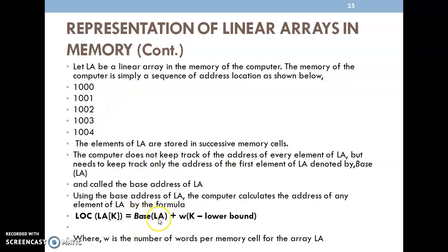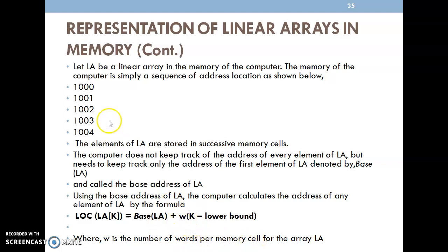Okay, then base address. Whenever we allocate the memory, we always allocate with a particular base address. Like while explaining arrays and queue, I had given initially 2047. The structure example I have given. Whenever I start with the allocation, it always contains a base address. For example, if I take base address 2046 plus w. W is the number of words per memory cell.